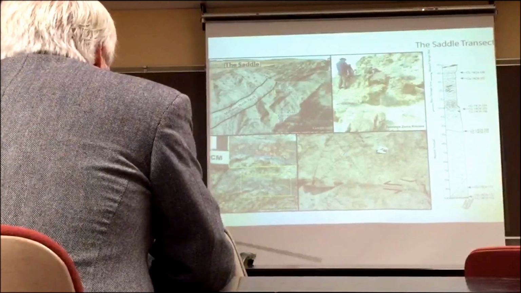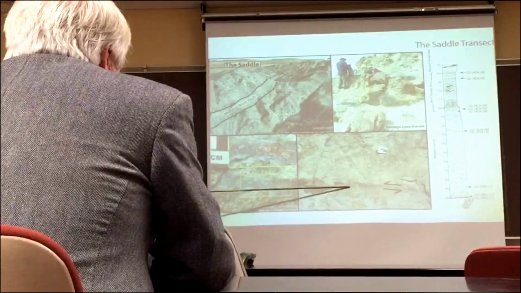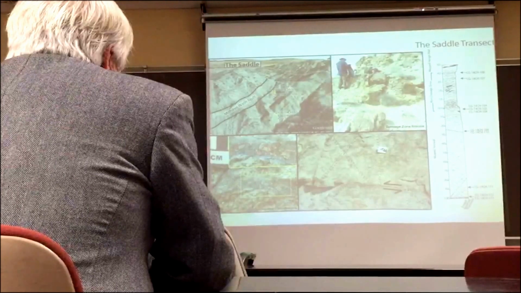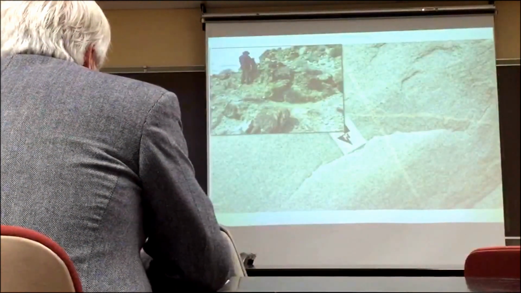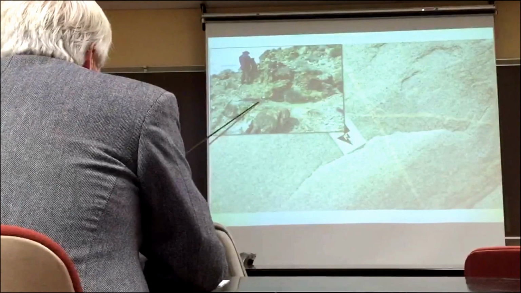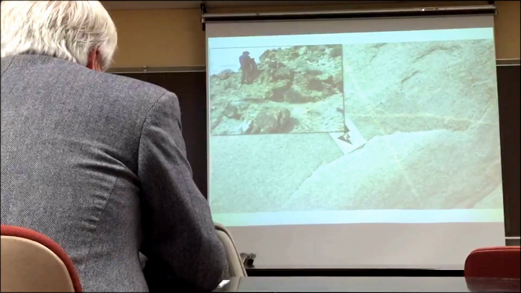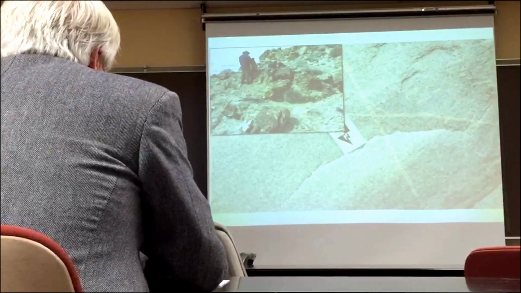Within the footwall, there are some additional offsets. Here's an offset around 20 centimeters over a 1 centimeter thick shear zone. And just a comparison: once you get out of the main damage zone, both the footwall and the hanging wall are quite cohesive granite. It is important to note that there is no pre-existing fabric here that could help